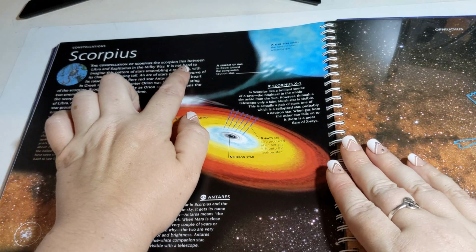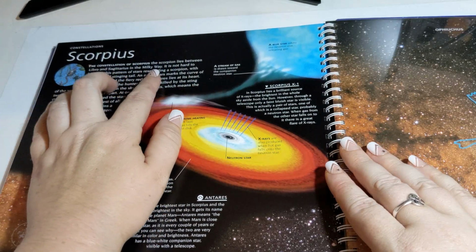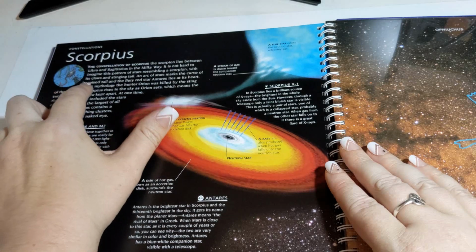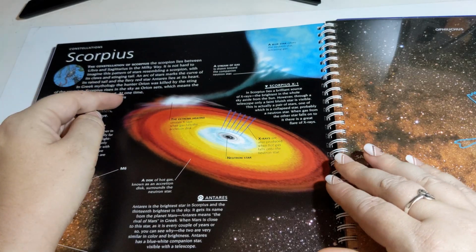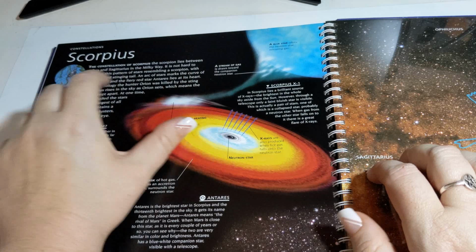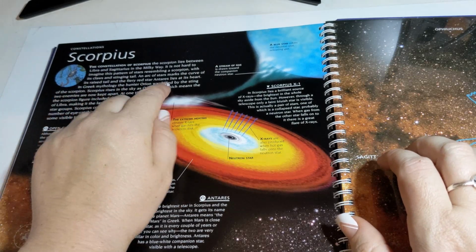Constellation of Scorpius, the Scorpion, lies between Libra and Sagittarius in the Milky Way. It is not hard to imagine this pattern of stars resembling a scorpion with its claws and stinging tail. This is always one of my favorites because it's really easy to find. An arc of stars marks the curve of its raised tail, and the fiery red star Antares lies at